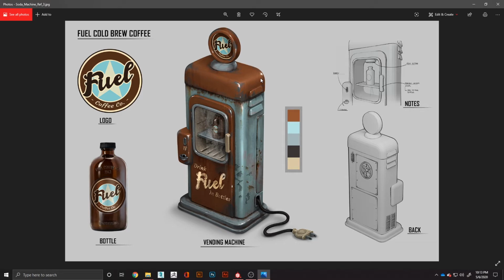I think it'd be kind of fun to maybe make a soda machine, something a little more modern. With that being said, I'm going to show you guys how I can use different smart materials as a base for my